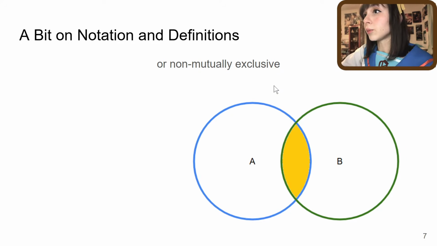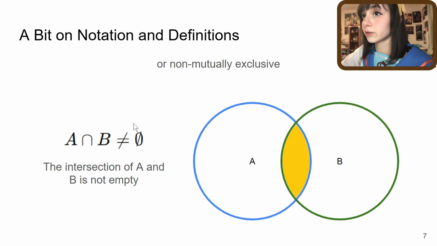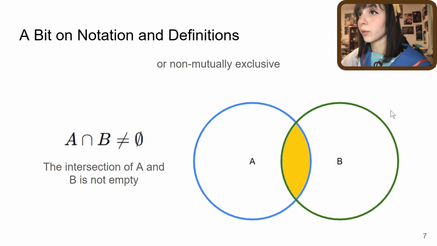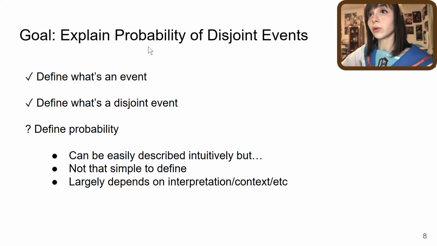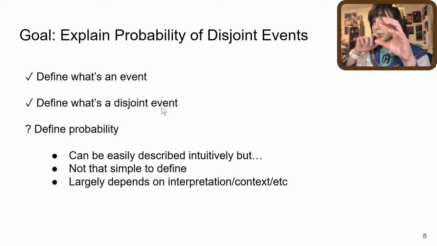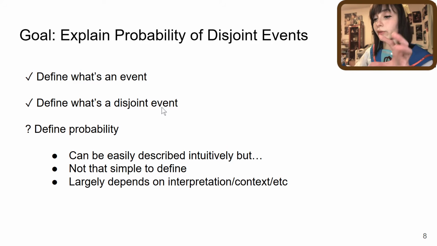But they can also be non-mutually exclusive and share something, so the intersection of them is not the null set, is not an empty set. We have something that intersects between the two. But we're going to mainly be talking about disjoint events, meaning the ones that don't share anything together, and that makes things quite a bit simpler to calculate their probability. So now that we've discussed what an event is, a subset of outcomes, we defined what a disjoint event is, an event that doesn't share anything with other events that we're going to be discussing.